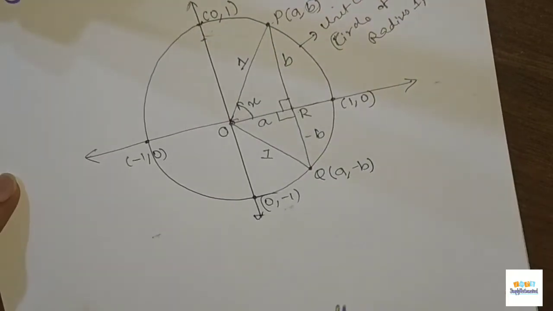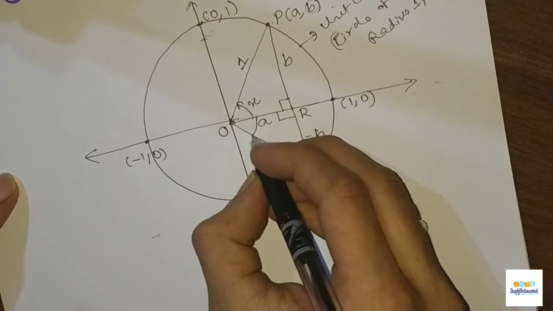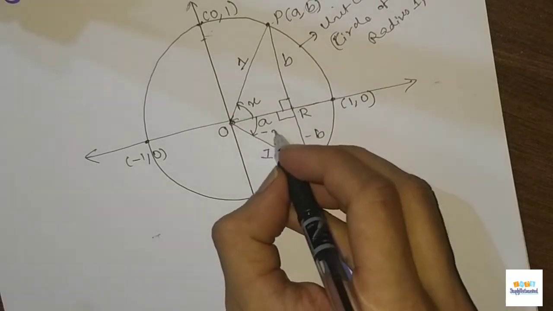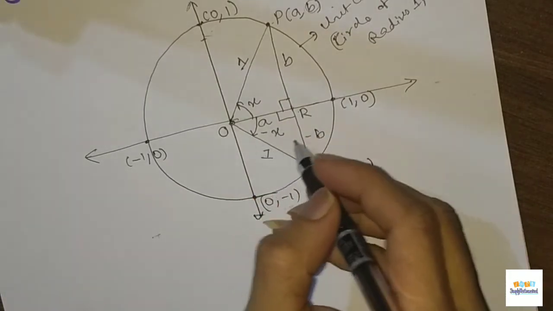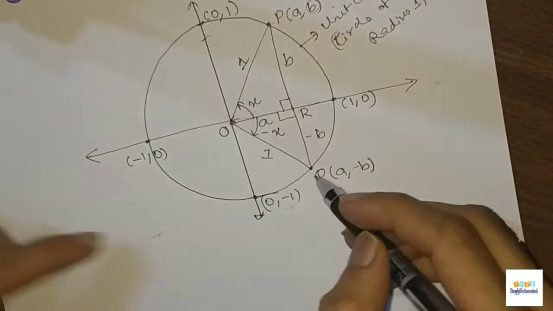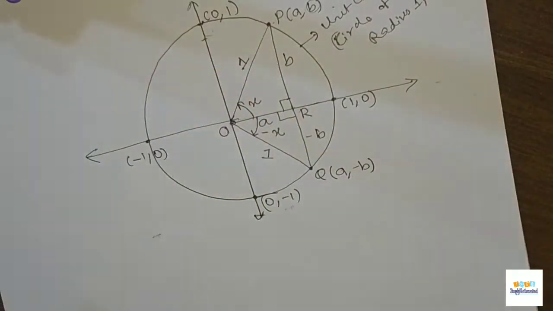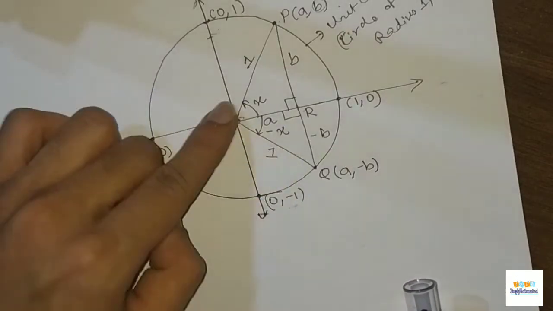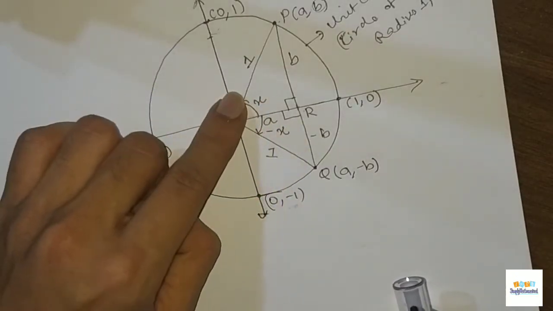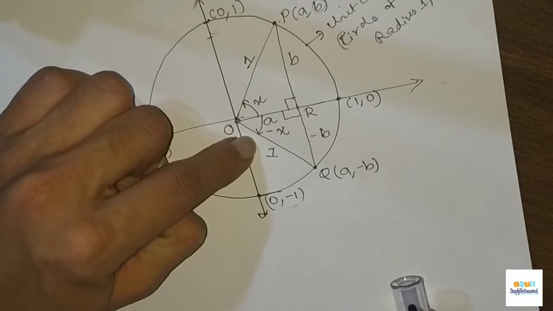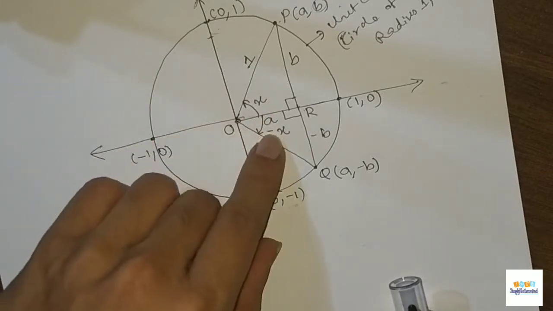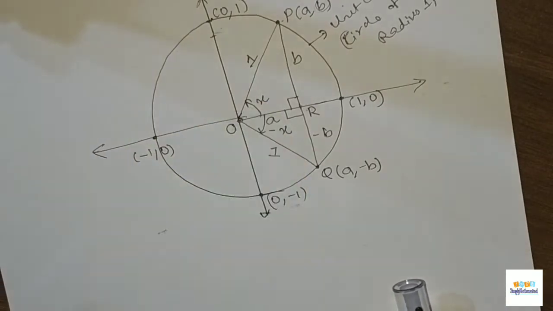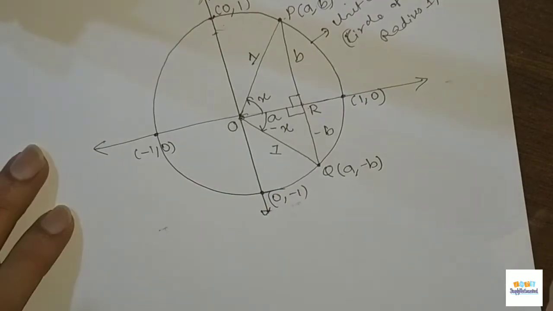Now this angle that we will get will be minus x here. So you consider the angle minus x so that you get the mirror image. So the mirror image is actually at an angle of minus x, because this is at the angle x, and this is in the other direction, in the clockwise direction, so it will be minus of x. So you'll get this.